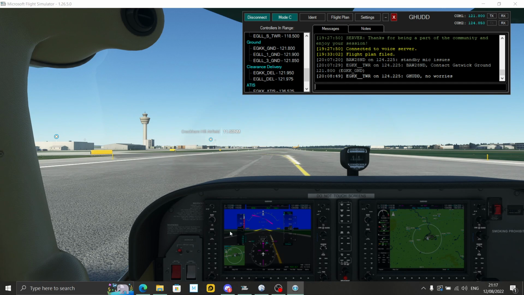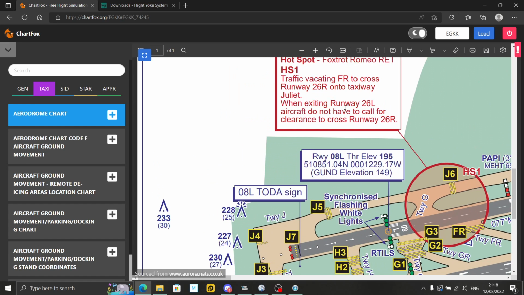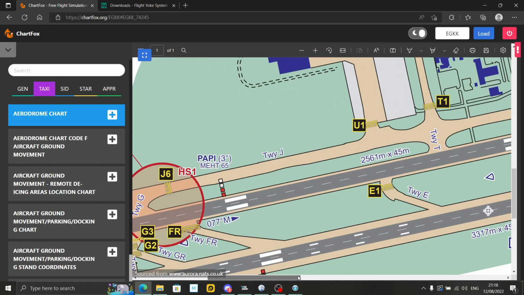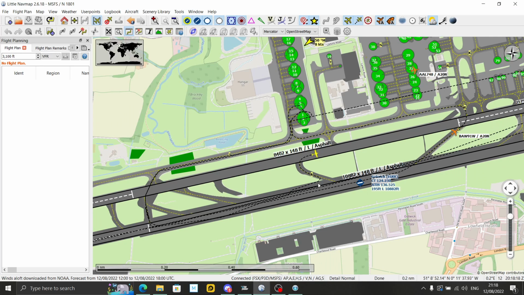There we go. Easy peasy. So let's just get... Gatwick ground, Speedbird 91 Whiskey, holding short of runway 08 left. So it wants me to go to Tango first. That's the second one. Taxi to stand 23 via Romeo and Kilo, Speedbird 91 Golf. Yeah. Next turning... Is that...